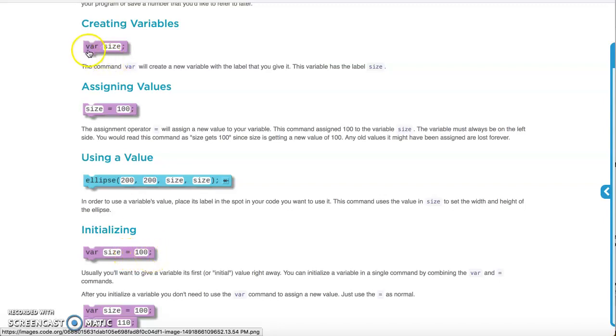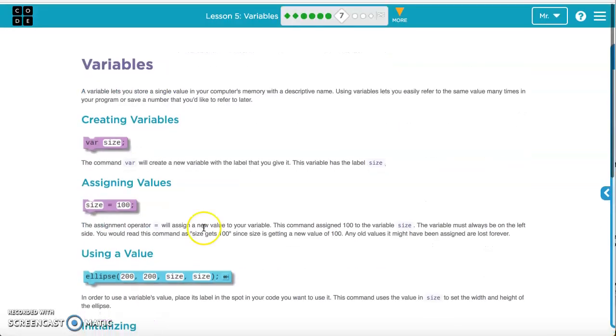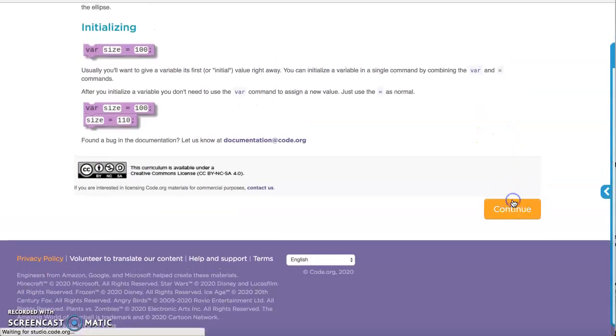Okay, so we've got the option, we have 2 blocks of code, one that says var size or whatever the variable name is, and then size equals 100, or it could be written in just one line saying var size equals 100. That initializes it and sets the value, and it creates it at the same time. So let's go ahead and move along to the next